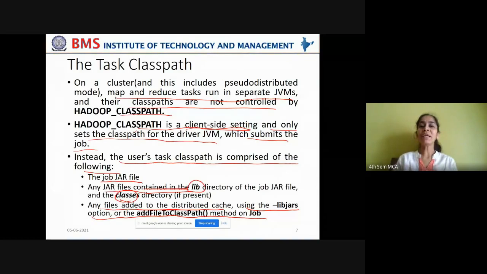They can be temporarily cached so that they can quickly be invoked when the job has to be executed for the second time or third time repeatedly. So any files added to the distributed cache using the option -libjars, library jars, which contains the Java archive files in a library, right? That option can be used, or the addFileToClassPath method on the job. These three components will be held by the user's task classpath.